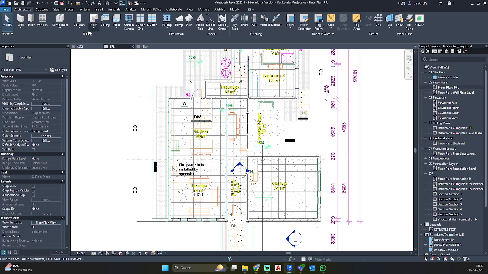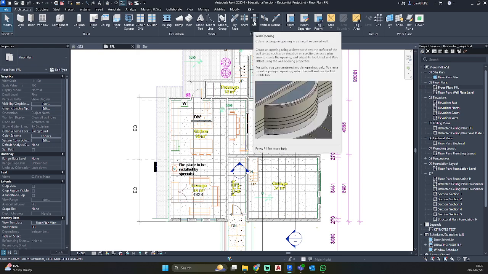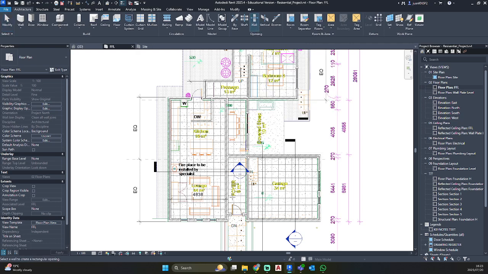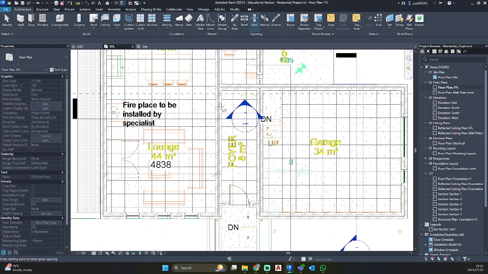So to create an opening, you can go to your top ribbon. Under opening, you'll see a biface, shaft, wall, vertical, and dormer. We will be creating a wall opening. If you hover on the wall opening, you'll see Revit explaining a video on what will happen with this tool, how it's supposed to be used. So I'm just going to click on that opening. So I want to create an opening here. So I've selected my wall, and I'm just going to click again on my wall and drag in an opening.